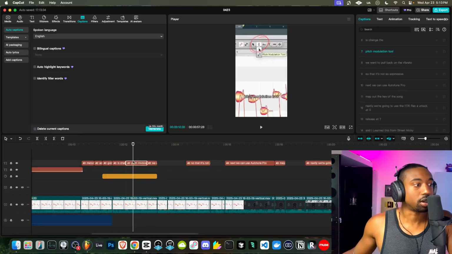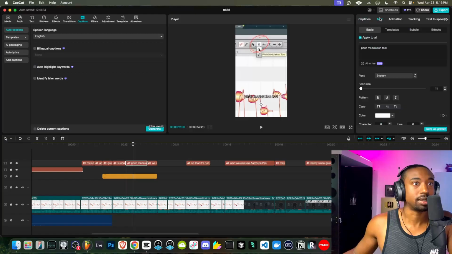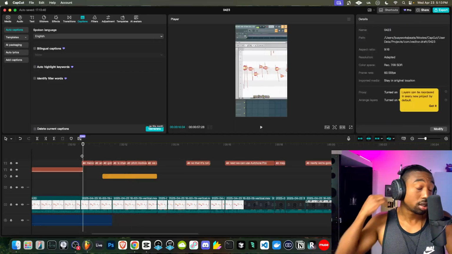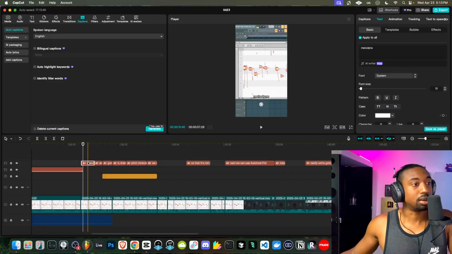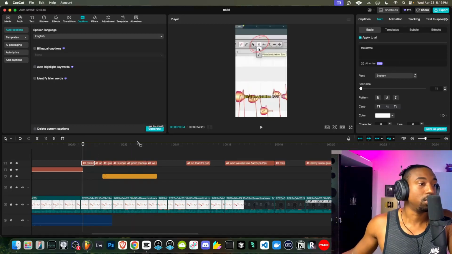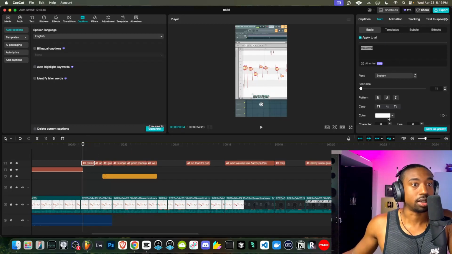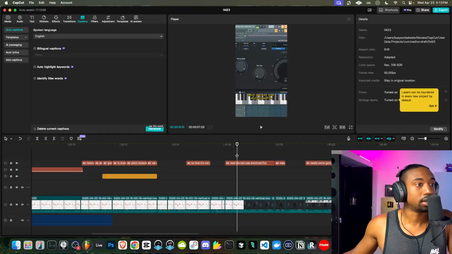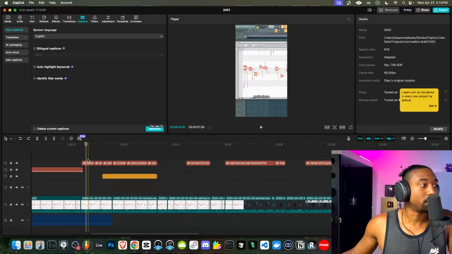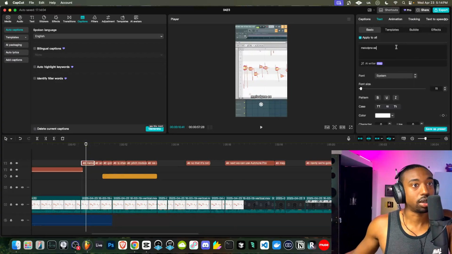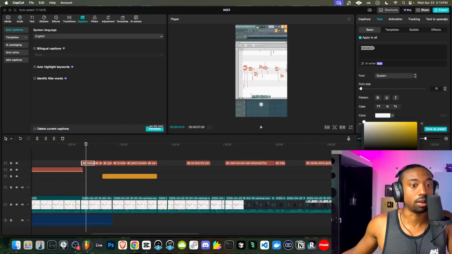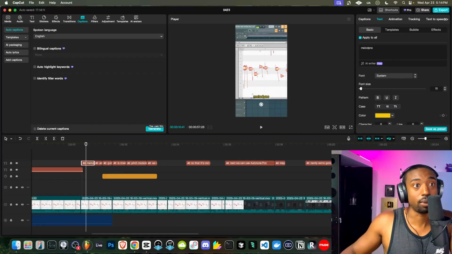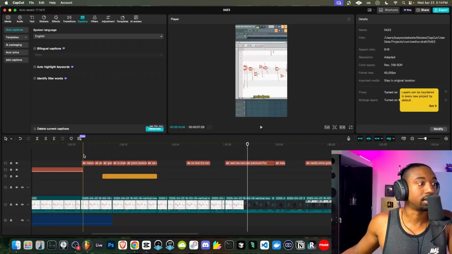Okay, so anytime I introduce a term, my style is I'll click on it, go to where it says text, highlight just that word, and switch the color to a different color. Whenever I introduce terms or any important subjects, I make it yellow. The thing is, if you just have one word and you change the color, it will change the color for all of the text. So you've got to be careful not to do that. What we will do is add an arbitrary letter to the right side, then highlight Melodyne, change the color, and then take out the extra letter. That way it doesn't mess with the rest of the text. So just keep that in mind.